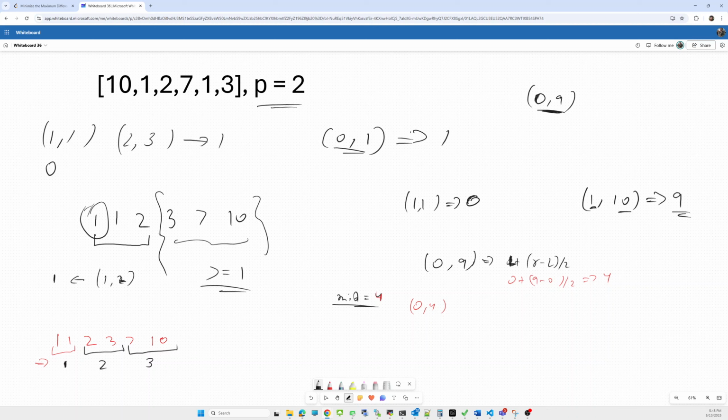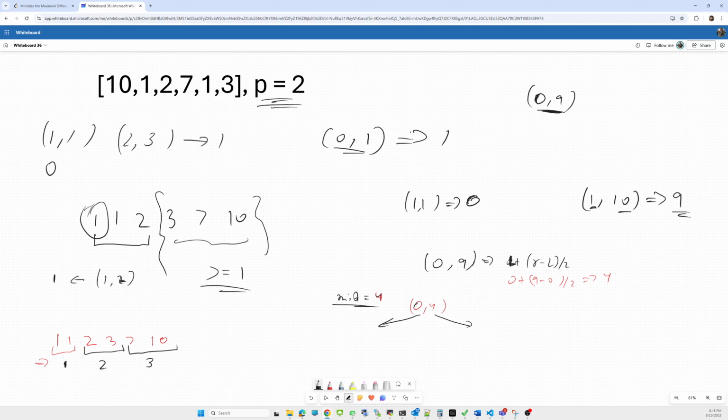Based on that, how many pairs do I find for this range? 3 pairs I find. Now from this range 0 comma 4, I have two options: either I can go to the left or I can go to the right. Based on which condition will I go right or left? For the range 0 comma 4 I am finding 3 pairs, which is greater than p.